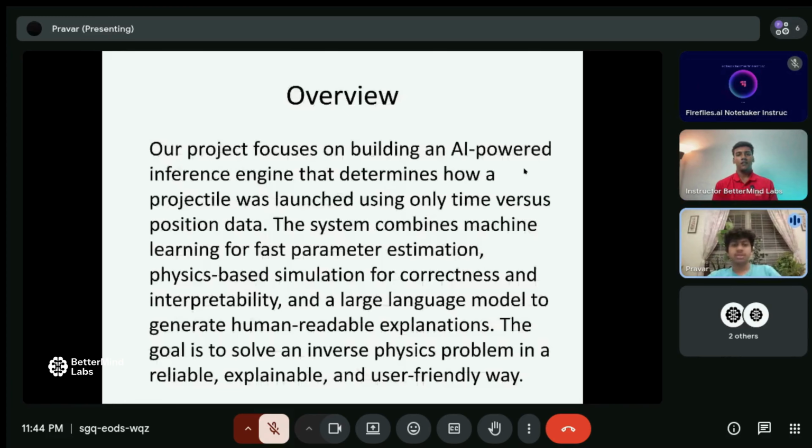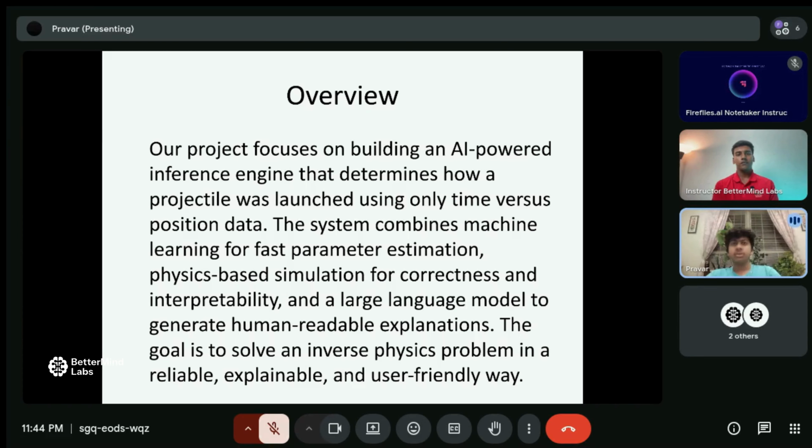So this is a slideshow basically. Our project used AI and created an inference engine that can determine how a projectile was launched using only time and position data. This includes velocity, the drag coefficient, which is also known as air resistance, and